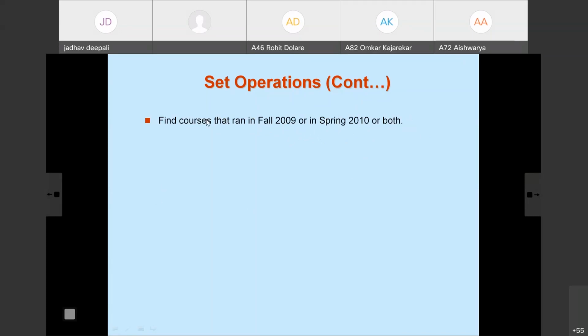Now we need to identify the relation on which this query will be evaluated. How to solve this query? First, we write a query where we find the course IDs in fall 2009. Then we write another query to find the courses taught in spring 2010.